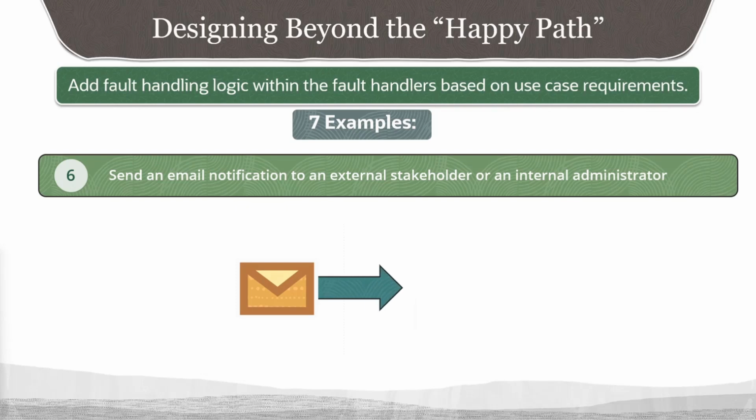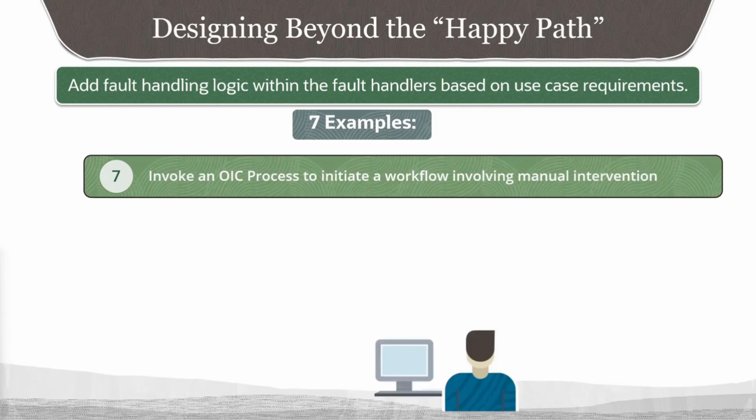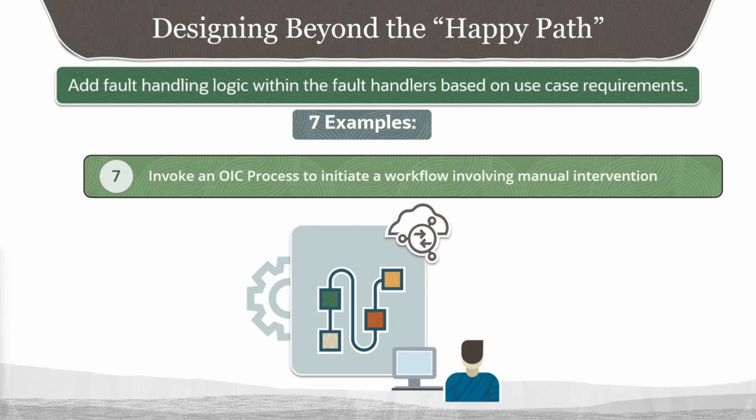And maybe we're going to always send an email notification to some other external user or some administrator, and then from there we do whatever logic is required. Maybe terminate or maybe try to continue processing. Another more advanced use case is to have some other workflow that involves maybe manual intervention. We could put that logic in an Oracle Integration process application using Process Builder, then invoke it asynchronously just prior